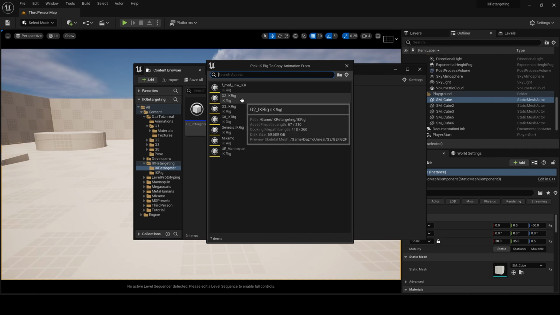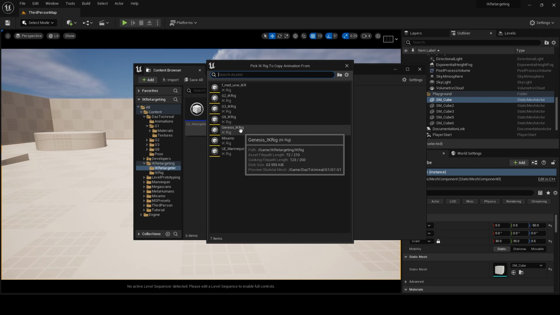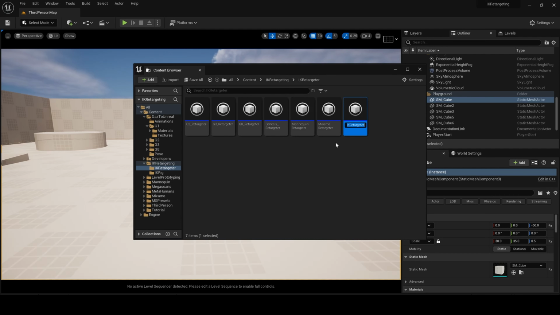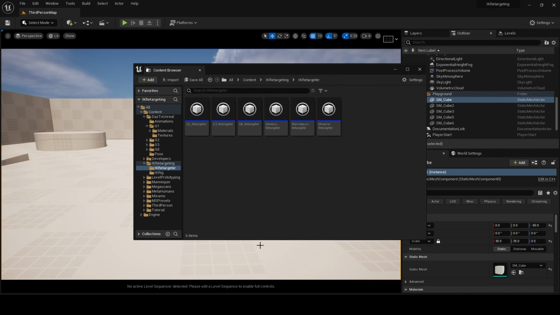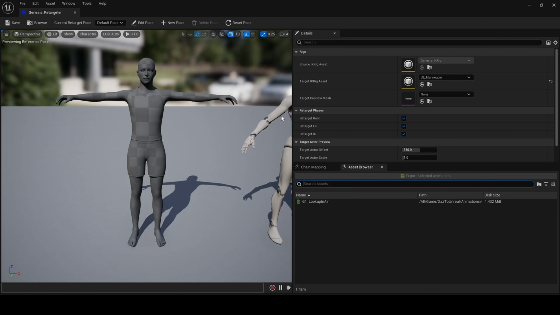So our Genesis one is here, for example. You would click on that and it would create a new IK retargeter. Again, I've already created one, so we'll get rid of that for now, and we will open up the Genesis retargeter that I created earlier. And here we have it.